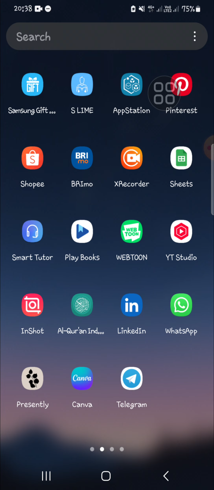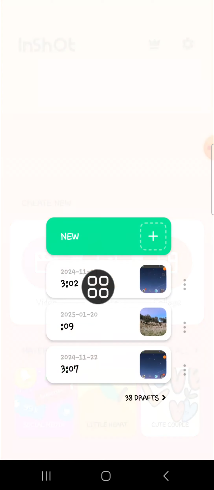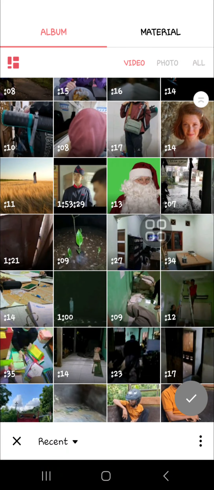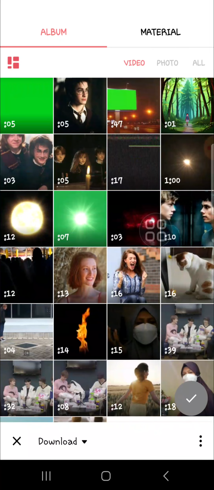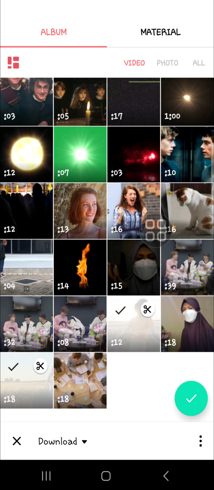First of all, I'm going to open up my InShot application on my mobile phone, and then I'm going to create new project on InShot. So I'm going to click on video, and then I'm going to select new, and we can choose videos we want to edit. For example, I'm just going to choose a video from my download folder, and I'm going to choose this video and also this one, and I'm going to click on the check mark to add the videos